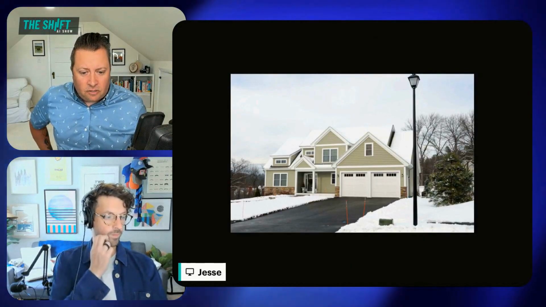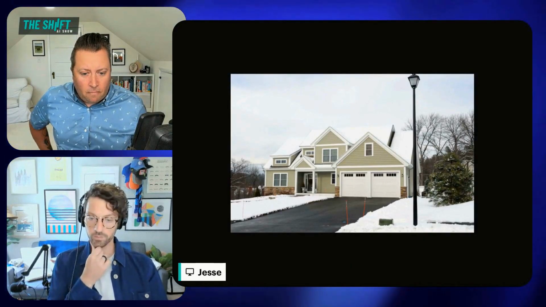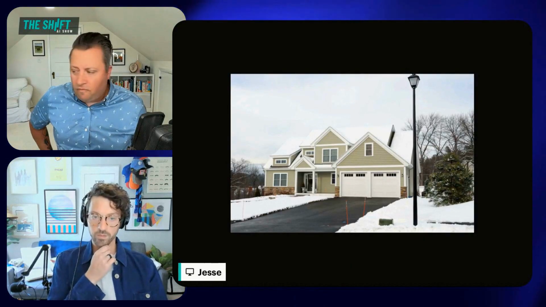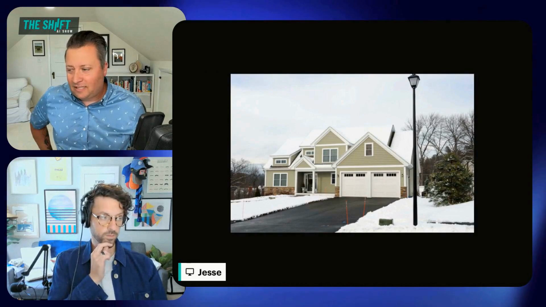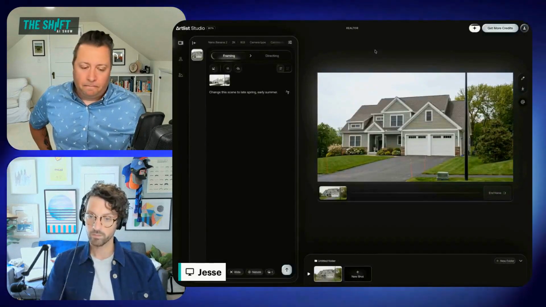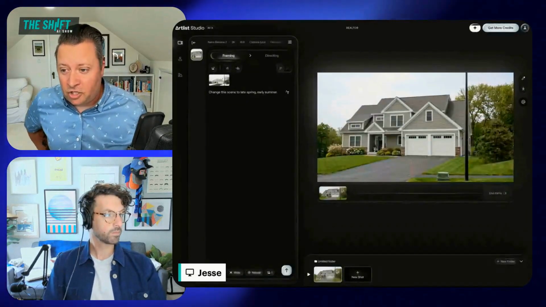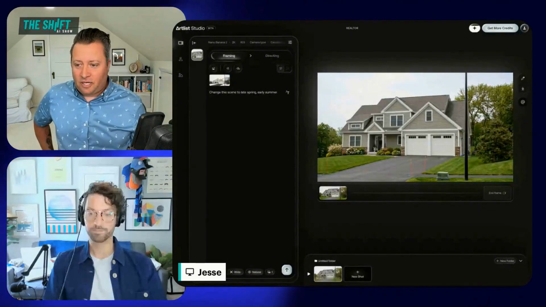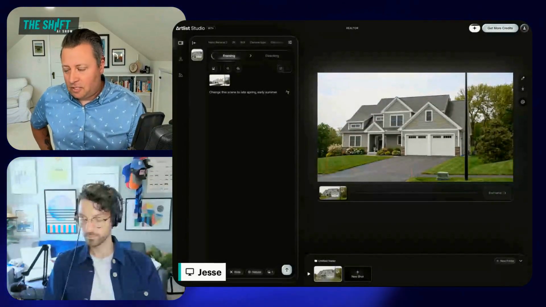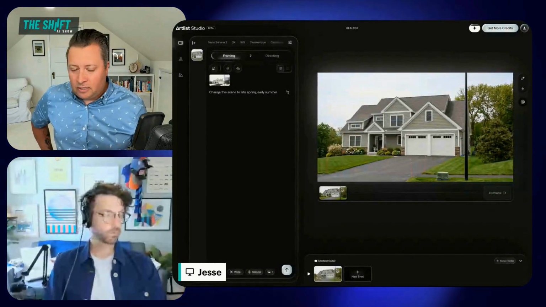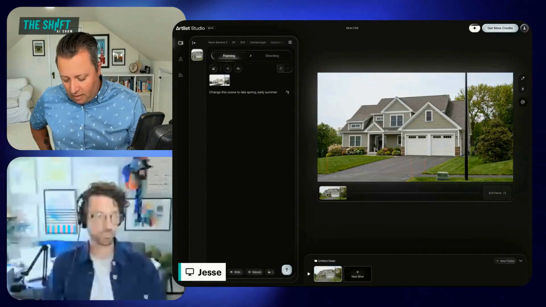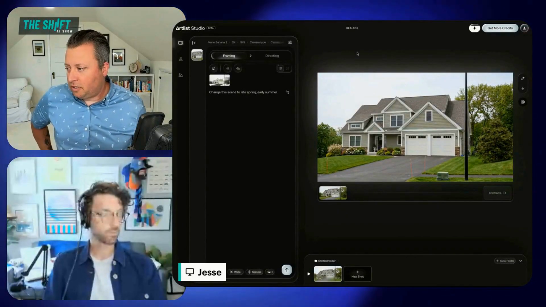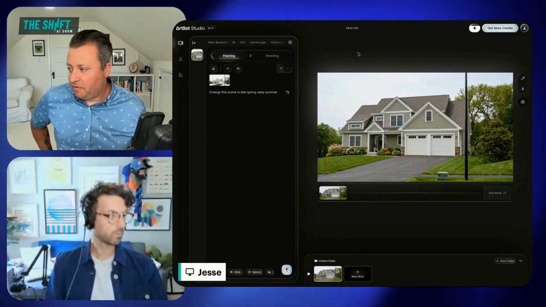Sorry, I just saw Fidel's question too. For video AI, it's a super limited trial. They basically let you do one generation before you have to buy credits or sign up. But again, the price point is a little bit lower. For Artlist and the other tool that I'm going to show in a minute, Luma, they do have trials, so you can get a sense of it